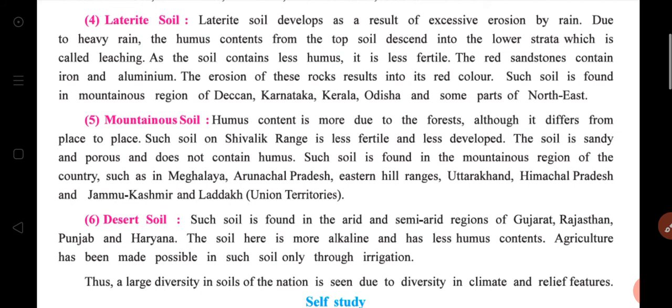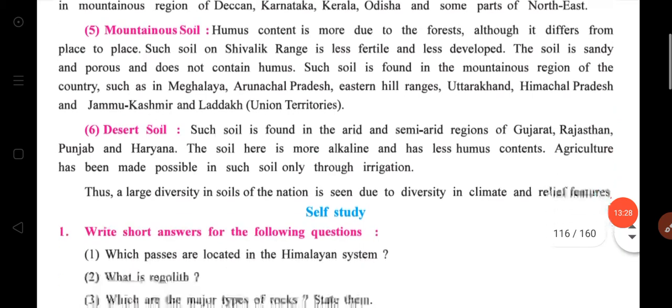Please underline. Although it differs from place to place, on the Shivalik range it is less fertile and less developed. So it is sandy and porous, and does not contain humus. It is found in mountainous regions like Meghalaya, Arunachal Pradesh, Eastern Hill Range, then Uttarakhand, Himachal Pradesh, Ladakh, Jammu Kashmir, etc. Then the sixth,